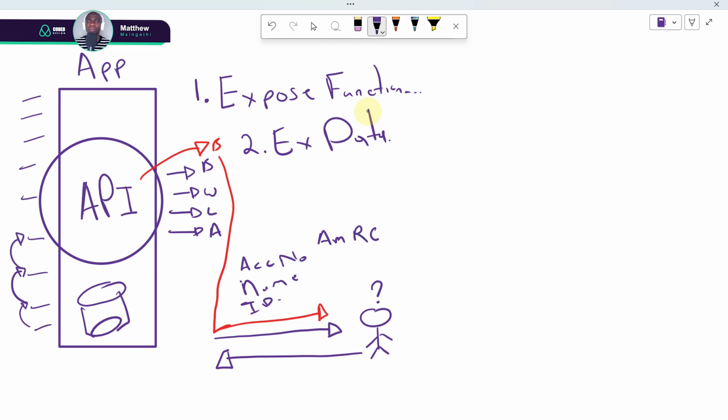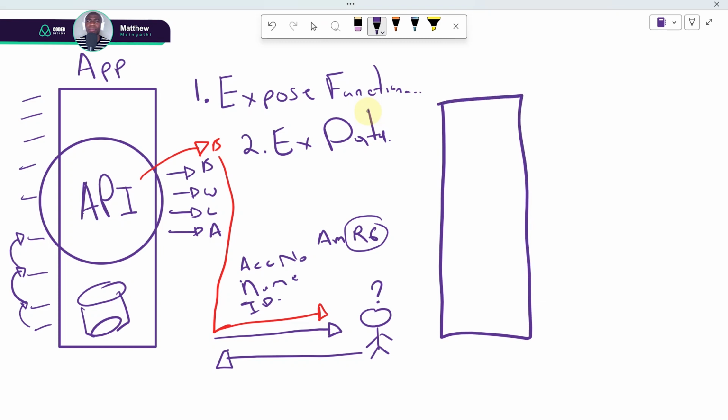Maybe this person has got 6 rand in their account. So the API is there in the entire system to expose functionality publicly, and then also to expose the data. How does this solve the previous problems? This then means, working on the SOLID, the S for single responsibility. Now we are going to have our application that through this part called API,